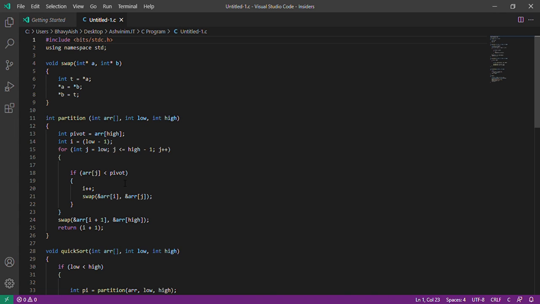The solution of this recurrence is also O(n log n). Although the worst case time complexity of Quicksort is O(n^2), which is more than many other sorting algorithms like merge sort and heap sort, Quicksort is fastest in practice because its inner loop can be efficiently implemented on most architectures and in most real-world data. Quicksort can be implemented in different ways by changing the choice of pivot, so that the worst case rarely occurs for a given type of data.